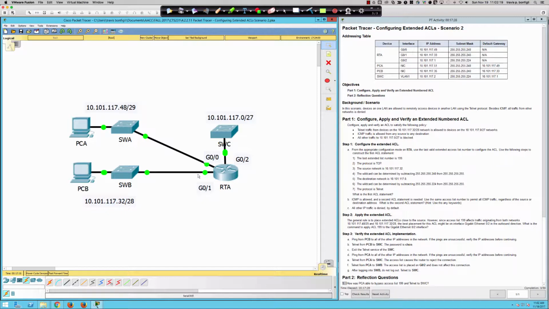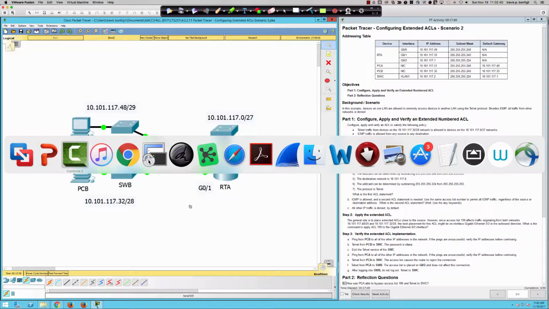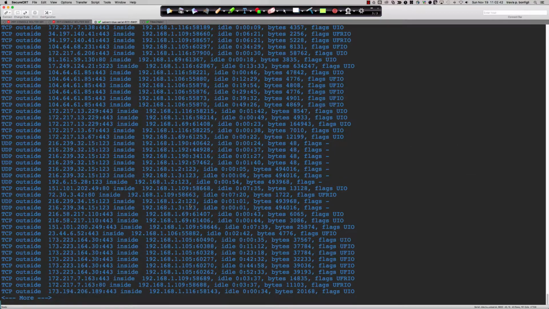As you can see, we've got a little different looking network here, right? We've got PCA and PCB and then this switch C over here. Now, a couple of key points to remember, and I want to continue to drive this home. Remember that these extended and standard ACLs are nothing more than stateless packet filters. And what I'm going to do right now is show you what I mean when I say